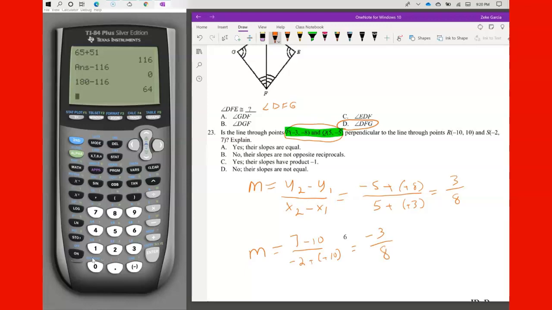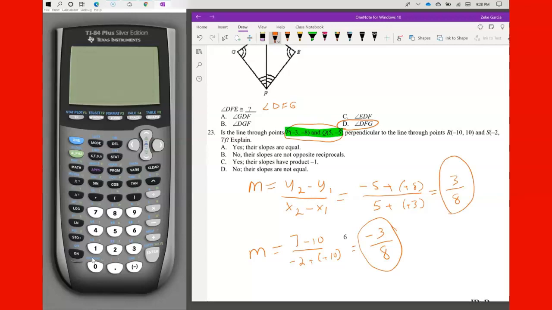So we've got to make sure that we did this correctly. We have y2, which is -5, minus a -8, that's 2 positive, so that's going to be 3. 5 minus a -3 gives us 8. So now we have 7 minus 10, which gives us -3. And then we have -2 minus -10, which becomes positive 8. So we have two slopes,